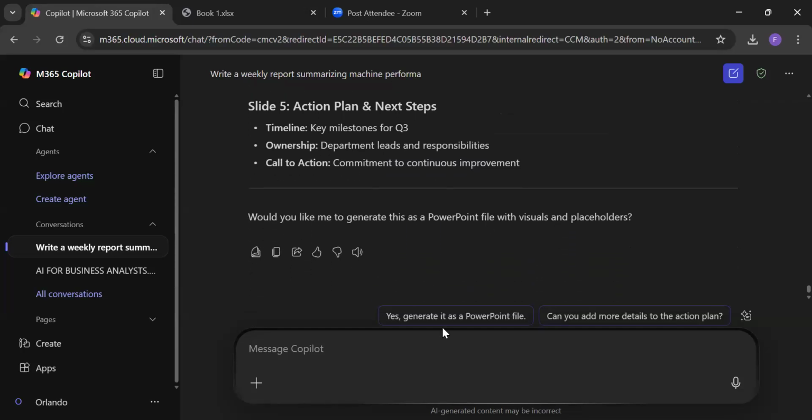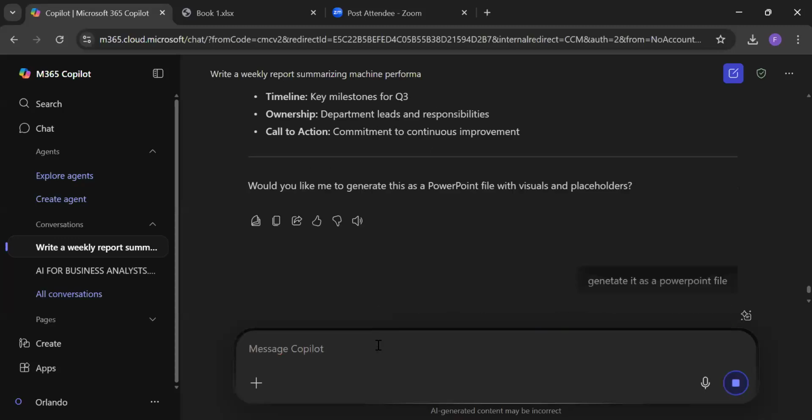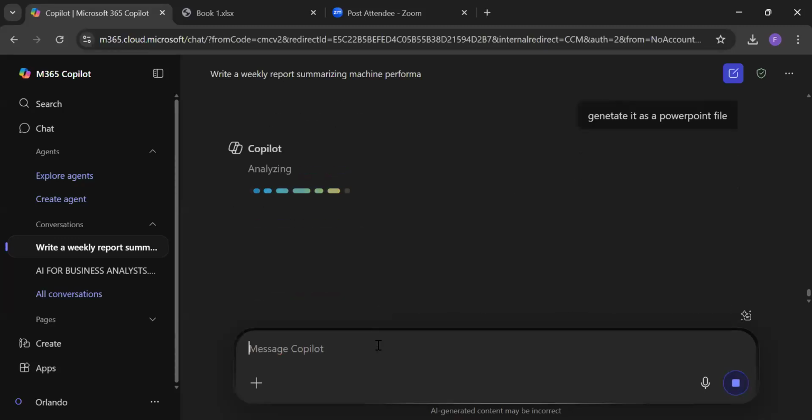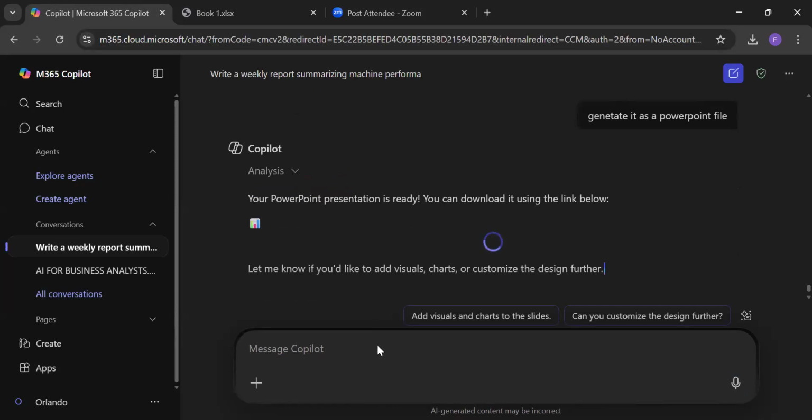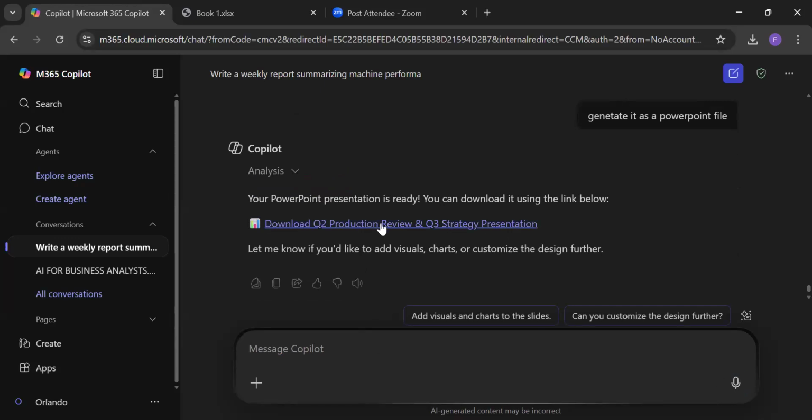If you want it generated in a PowerPoint file, you can just ask it to generate it. If you're not even getting these options, you can equally just type it. So there you have it.